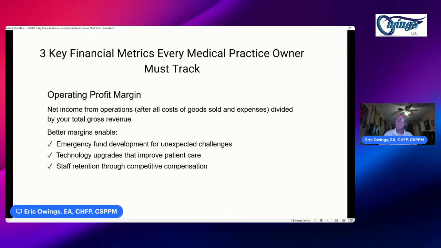So margin is just basically the amount of money that you make after all expenses divided by the gross amount of money that you make. So that is expressed as a percentage. And honestly, you should be in margins of a minimum of 20%. But it's possible that you run a lot leaner than that, or it's possible that you're able to actually be profitable with even thinner margins. But the thing is to track that month by month